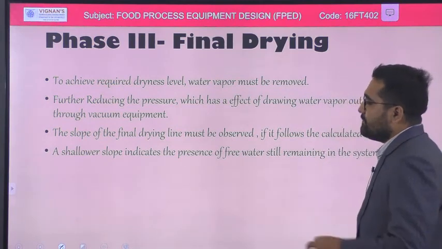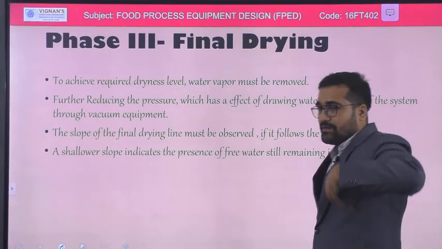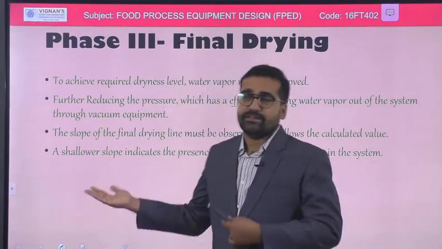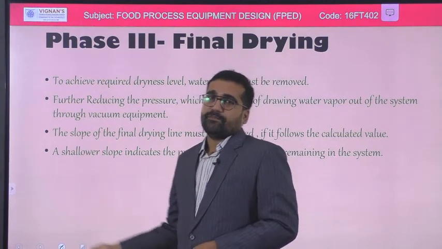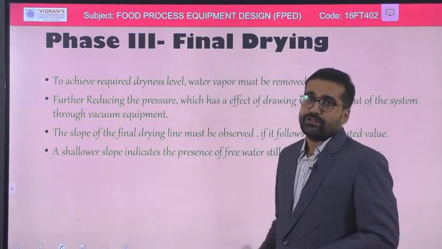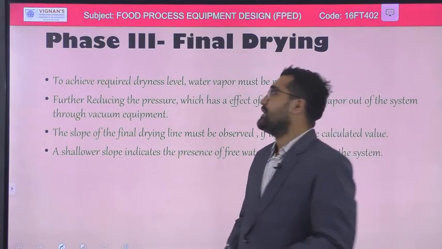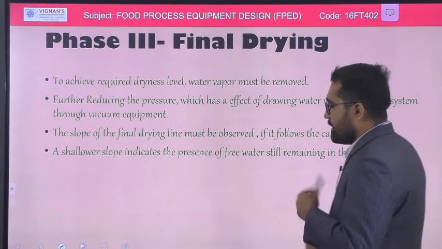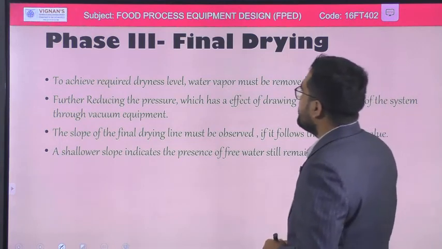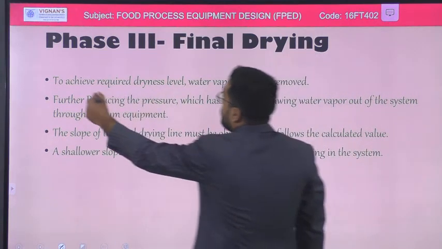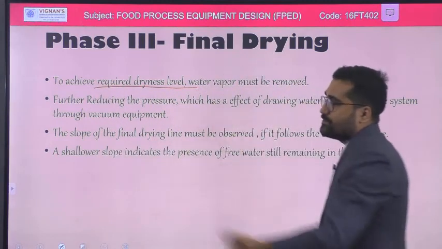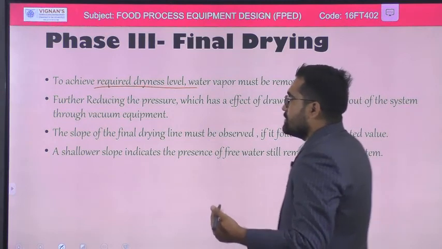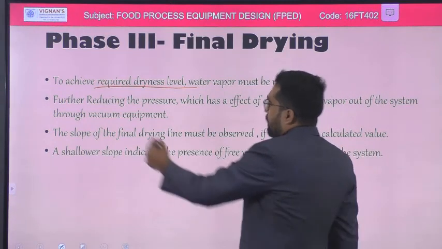Okay, so here we are trying to achieve the bound water as well. Previously we were dealing with the free water in case of phase 2, which is evaporation. Now we are dealing with the bound water. So now the water from the cavities also we are removing, or the ionic bonds also we are removing. Whenever we need to dry the product for more dryness, the water must be removed. So for further reducing of pressure,